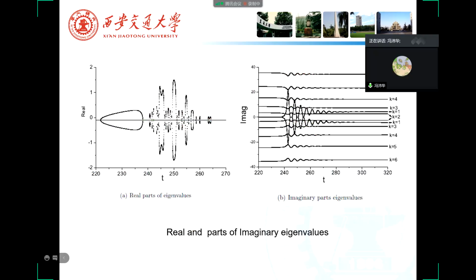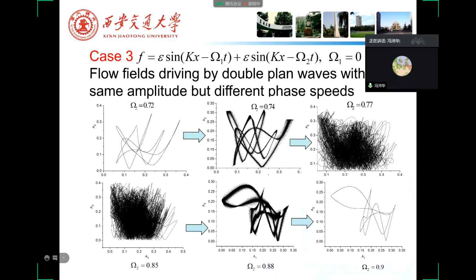We also used stability analysis, and we discovered that the transition from the lower branch to the higher branch actually involves all kinds of perturbed oscillator systems. The third case is that we